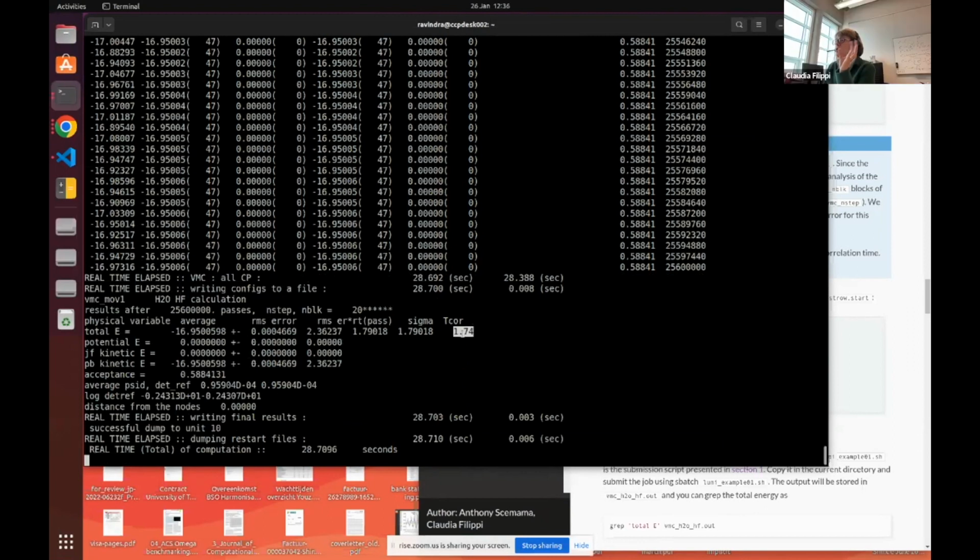So we are good. Our error bar is reasonably well estimated, and sigma is just the root mean square fluctuation of the local energy. So we will put some more information maybe in the index on the website.